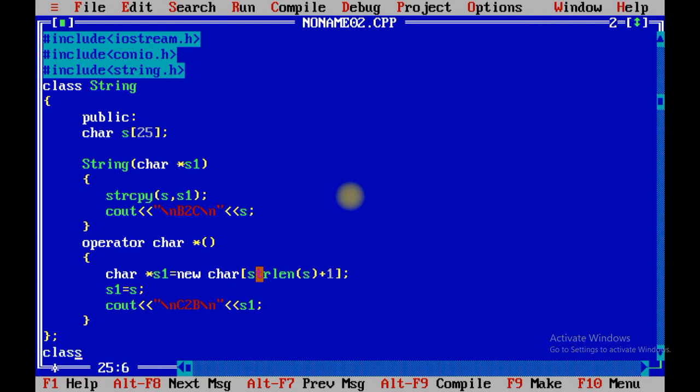Now we are going to convert the third one, that is called class to class, right?